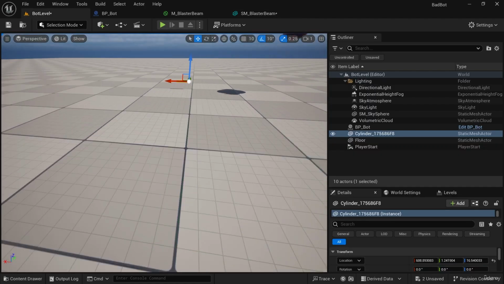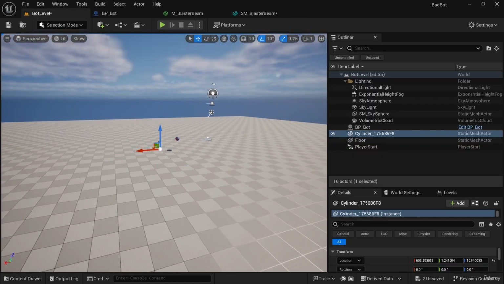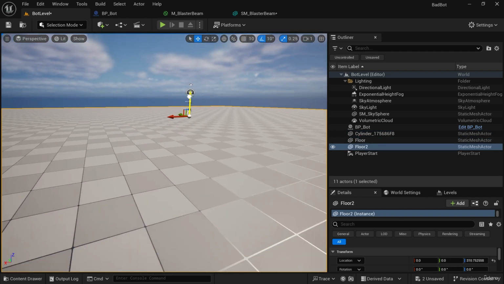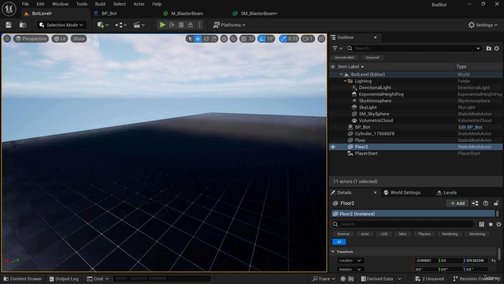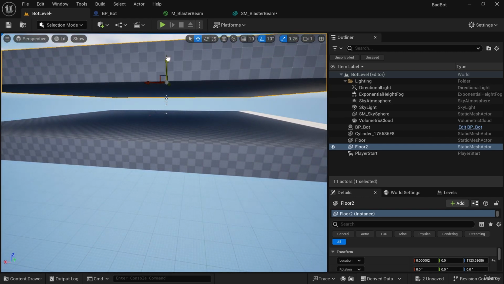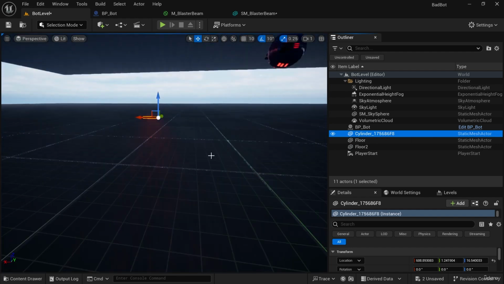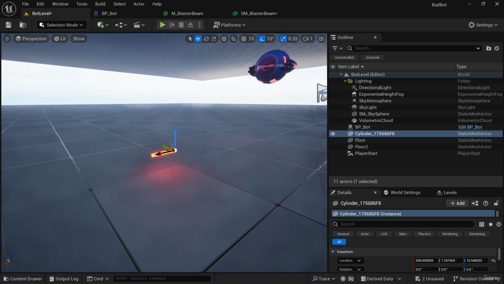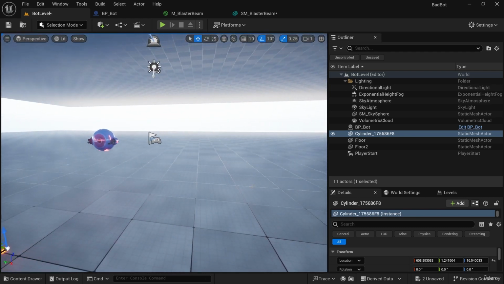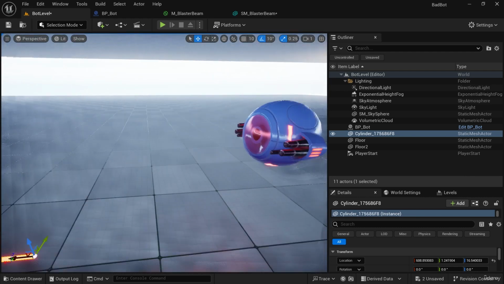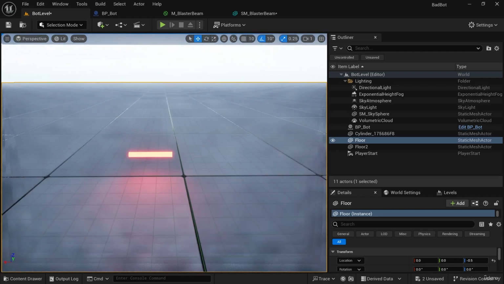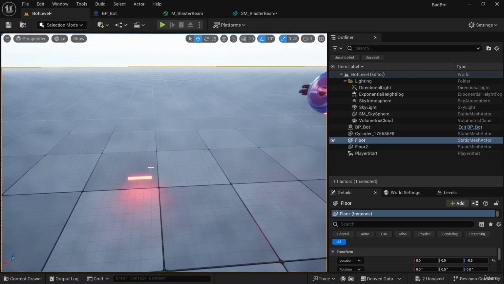We can kind of see what it looks like in the shade by duplicating our platform here, the ground, by holding Alt and clicking and dragging it up. Now this is quite a thick ground, so make sure we drag the entire thing up a good deal, and we can focus back in on our blaster beam, and we can see how much it glows. Not a lot, and of course, our eyesight is adjusting to the light, so it gets bright again, but it's not that bright. It's pretty bright, but it could be brighter,